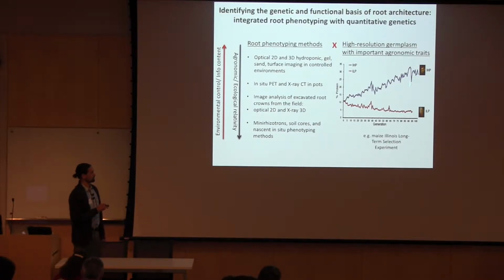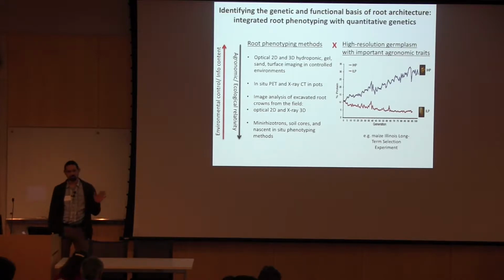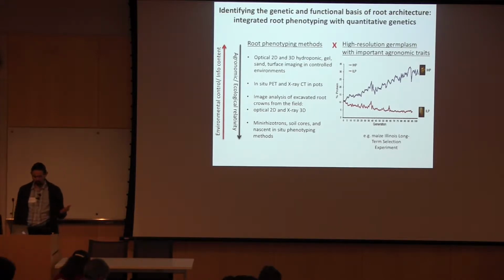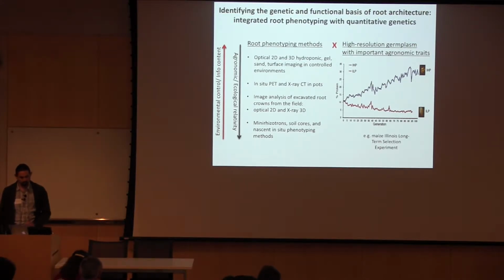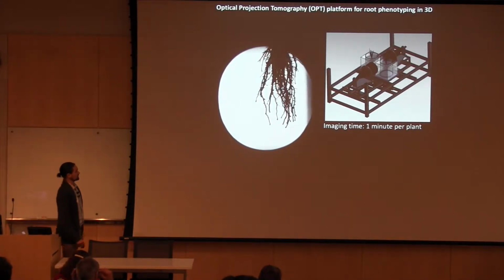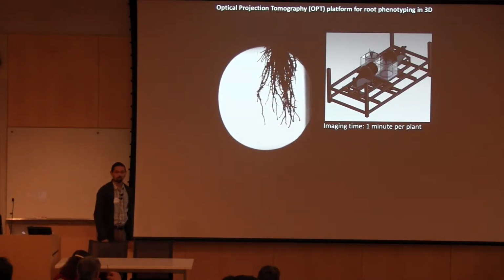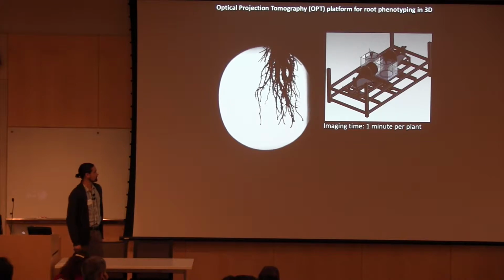And so I'll tell you a little bit about the Illinois long-term selection experiment in maize and how we're using these tools to identify genes in a little bit. First, I'll start with an imaging system for looking at roots that was actually developed here in Leon Kochian's group